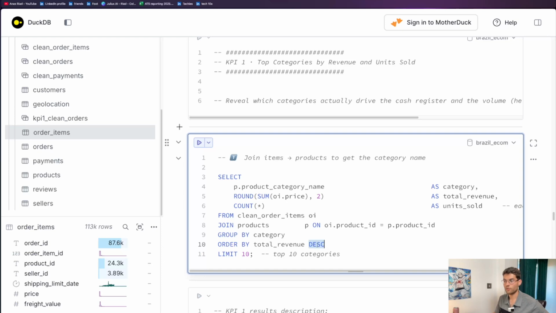And as we said, if we don't do anything, it will be ascending, so we will go from the smallest to the biggest. But since we're doing descending, DESC, it's going to show from the biggest to the lowest, and we're going to limit 10. It will show us just the top 10 rows, so we're going to get the top 10 highest ones. So if we just run this,